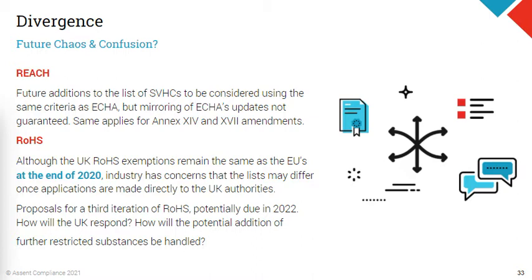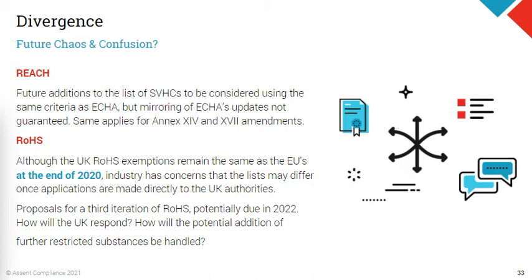But what we really want to highlight here is that divergence, especially from the UK legislation, is going to make this extraordinarily challenging. An example of that could be the UK adds a substance to their REACH candidate list that is not mirrored in the EU, which would mean you'd have to augment your program because you could no longer follow one or the other, because they would be asking for completely different substances at a specific point.